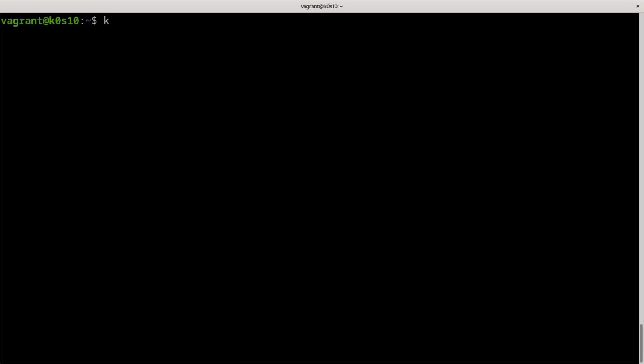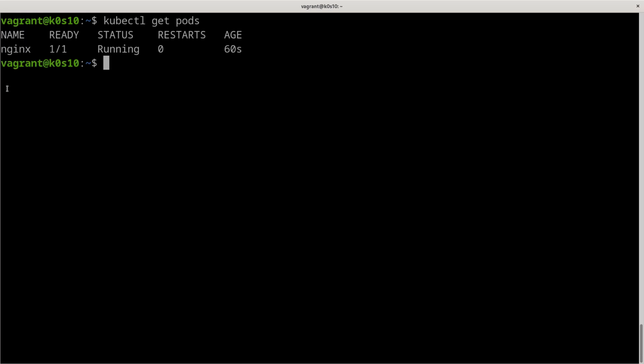So you can just run kubectl get pod to be sure which pod you want to remove, and after that kubectl again, delete, and the resource again, so pod, and the name of this resource, nginx.